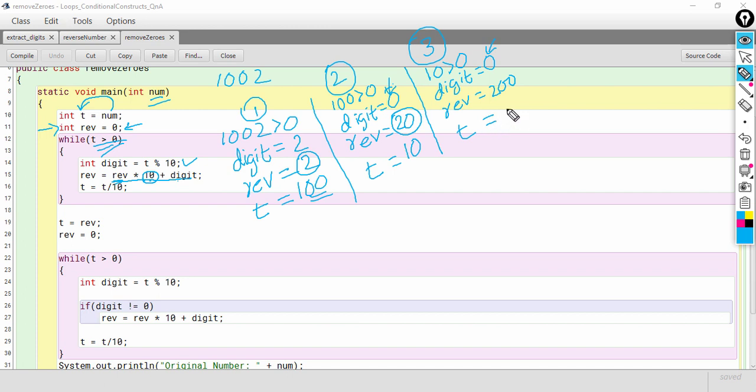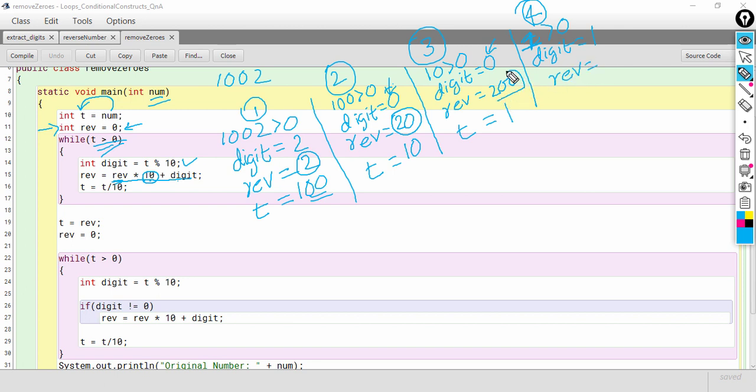So t will become 1 now. Okay, again condition will be checked, t is greater than 0, condition is true. In digit we will have 1 this time. Okay, and then reverse will be reverse into 10.